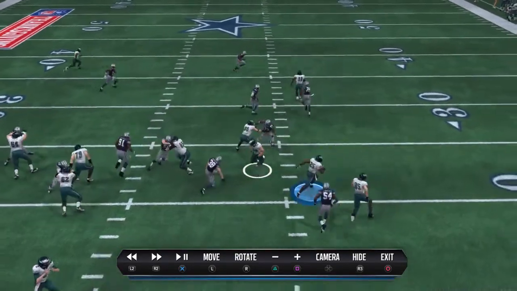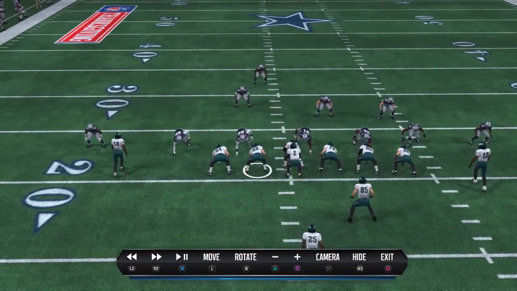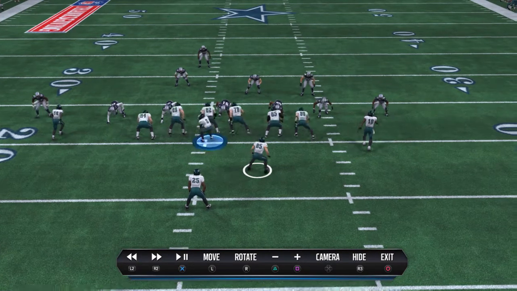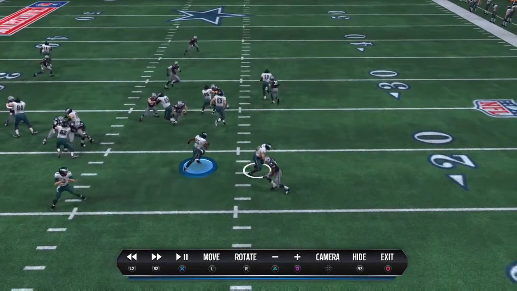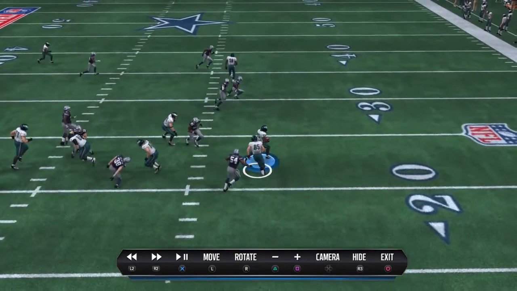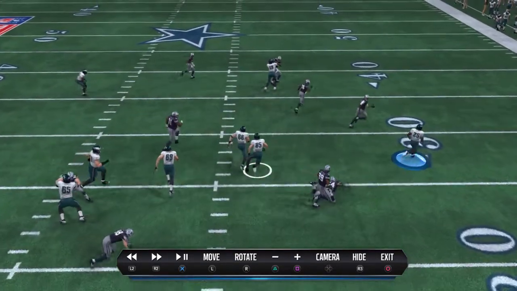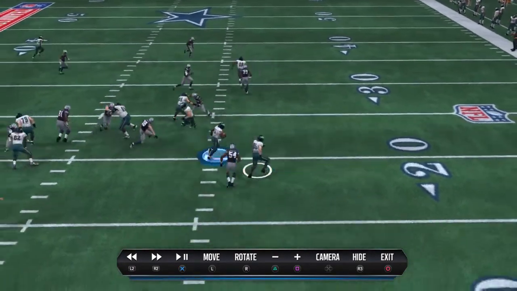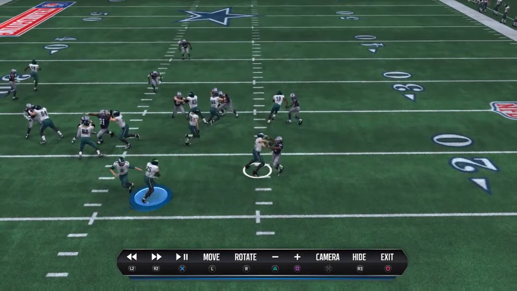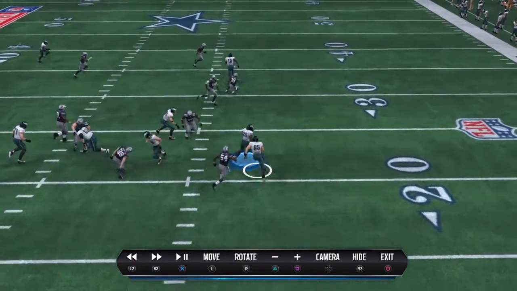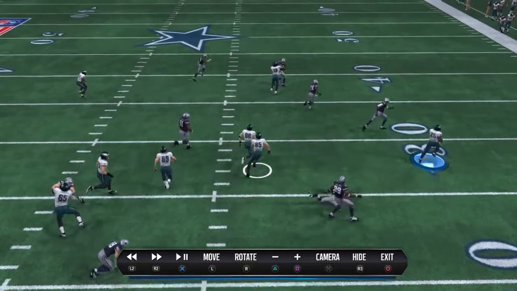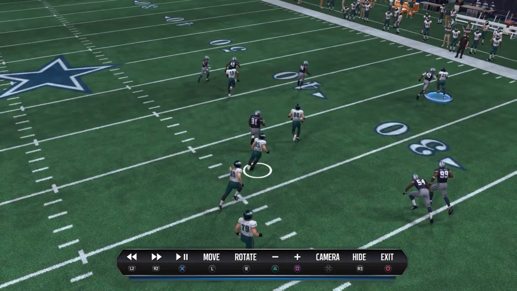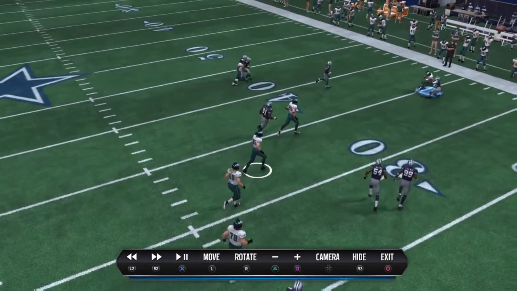There are times when you run this play that the pull blocker will come around and lead block properly. But then you have instances like this where you wonder what happened, because in reality this should have been a longer gain, honestly. But as I came around the edge, I figured I'd hurry up and try to get as many yards as possible. Even so, my guard should have been able to at least come up and lay a hand on somebody, and that didn't happen.